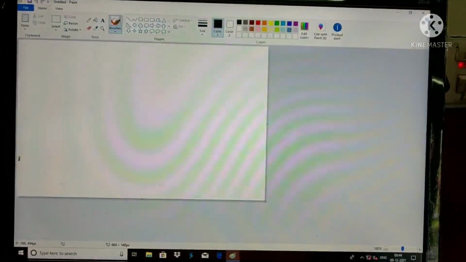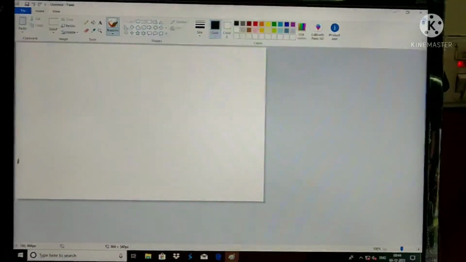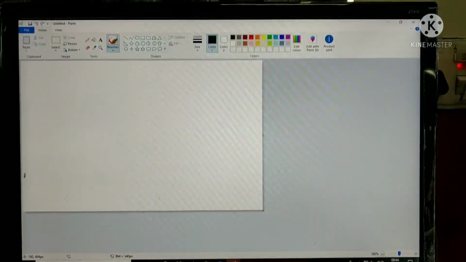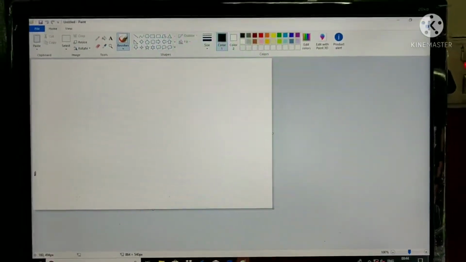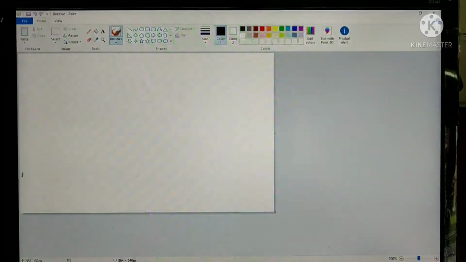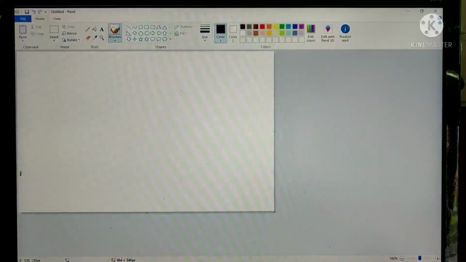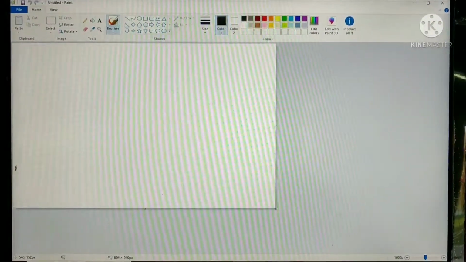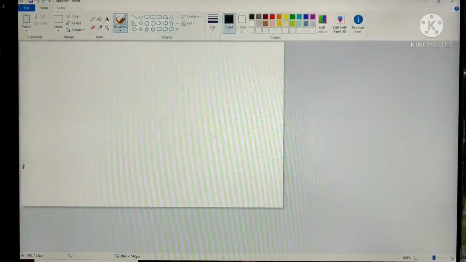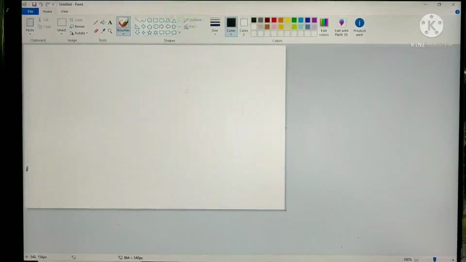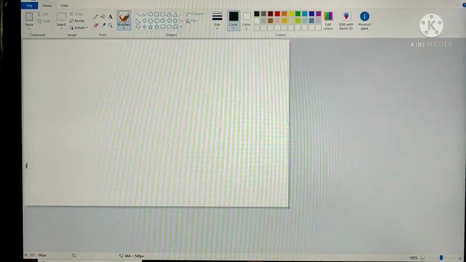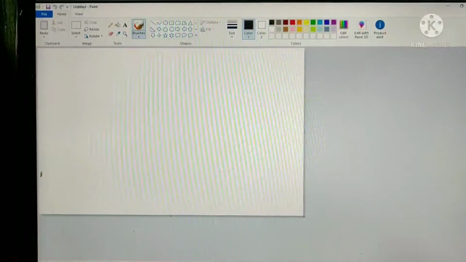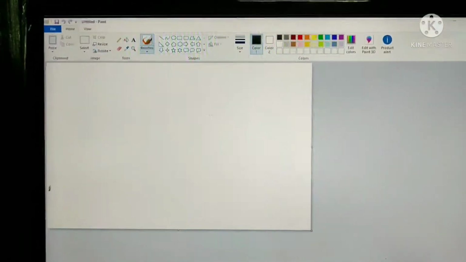Now, as we draw on a sheet of paper, in the same way in computer we will draw or color or paint in this MS Paint program. And as we use different tools for drawing such as pencil, eraser, ruler, colors, all these tools are present in the MS Paint also. So let's now talk about some of the tools.